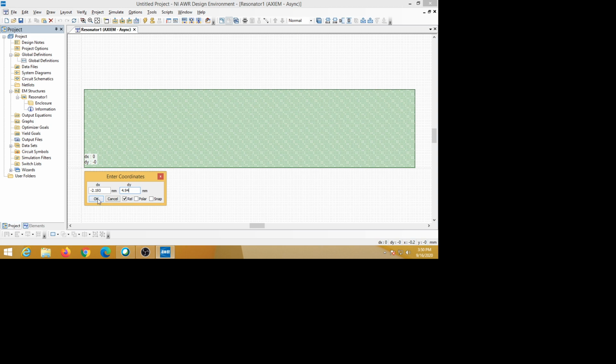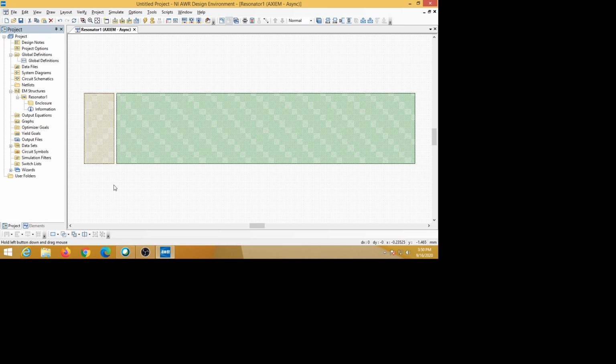4.94. Okay, so you can view all. This is the one we have seen. This feed line must be at a gap of 0.2 mm. So this is 0, 0, and a corner of this feed line must be here, at x equal to minus 0.2, but the y value is 0 only, because even if you move in the horizontal direction, y remains the same. So this corner is minus 0.2, 0, and we are again going in the negative x direction.